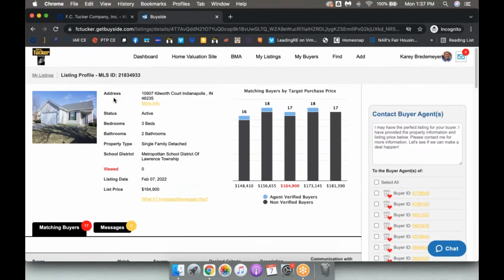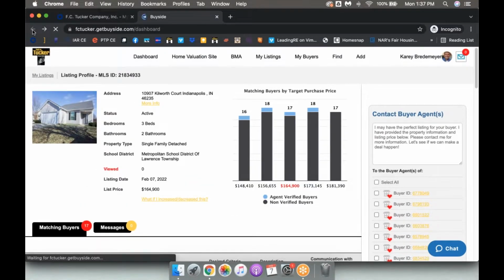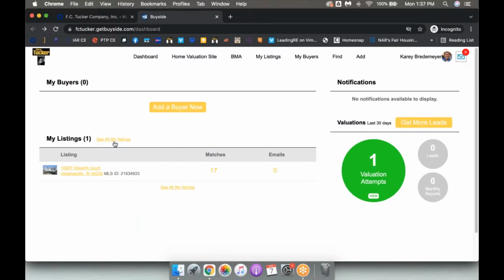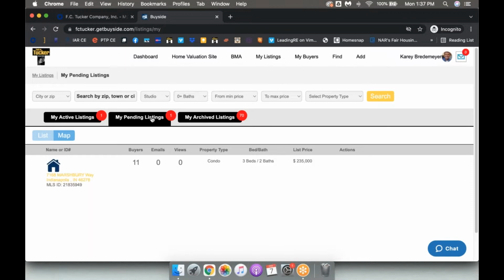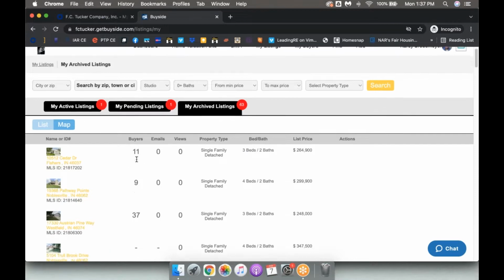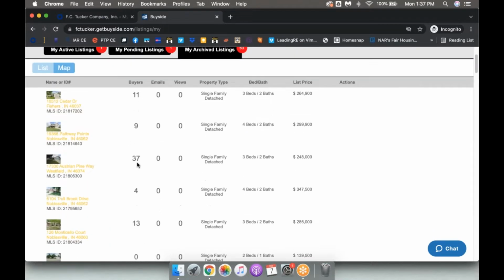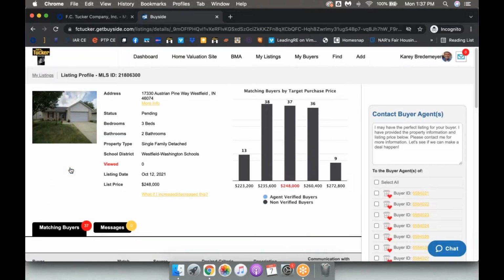So that is sort of the nice thing about, once you get the listing, you can come in here, you can see who those matches are. So let me see, like, we'll look at some of Carrie's old. So if I went to view all listings, see, he's got one that's currently pending, and then you can see all of his archived ones as well. So this one had 11 potential buyers. This one had 9. This one had 37. Like, this was I guess a really hot property in Westfield, 3-bed, 2-bath,